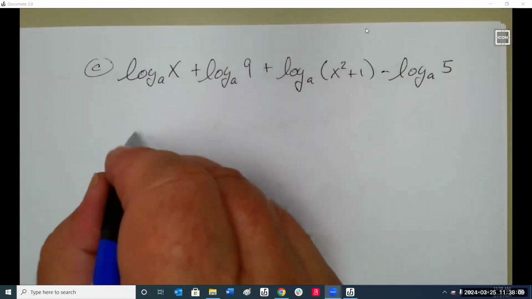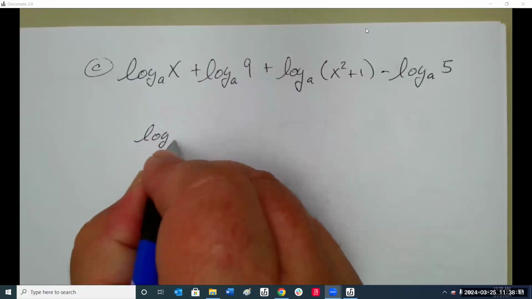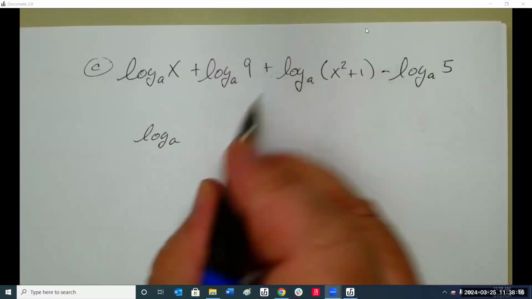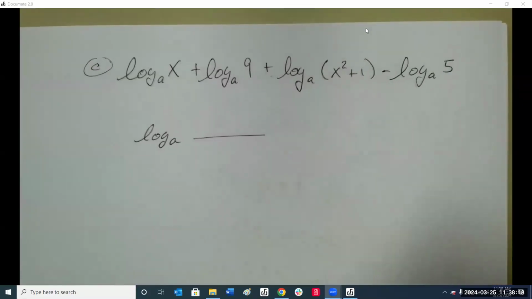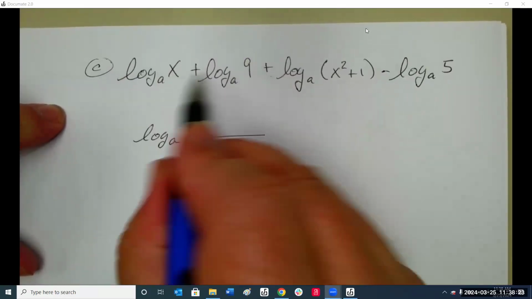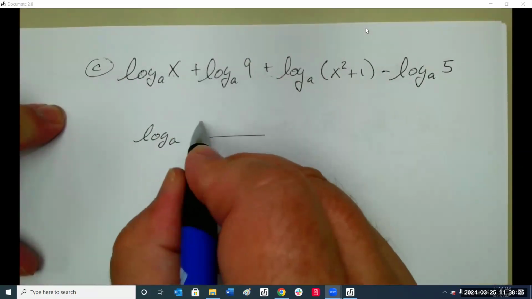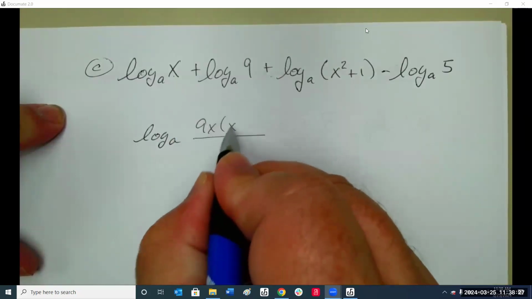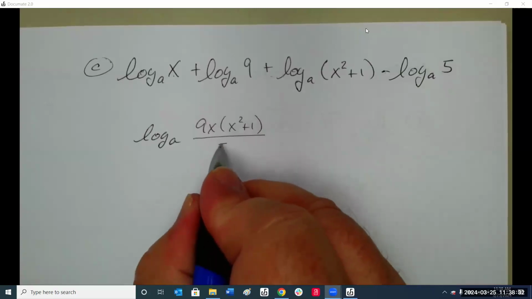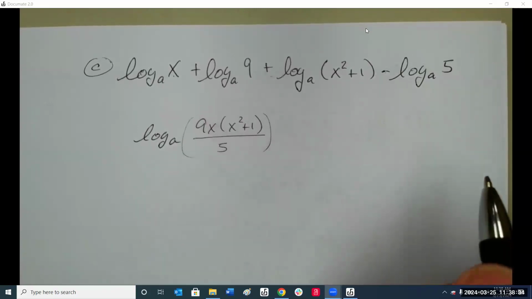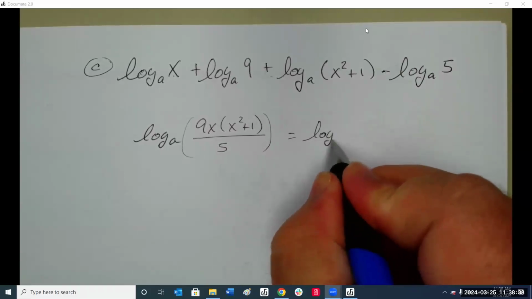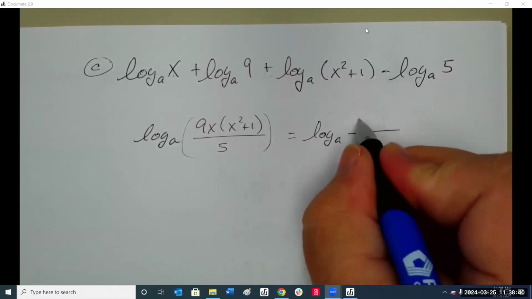Since they're all log base a, and some of them have pluses, one of them has a minus, so it's going to be a fraction. Everything that has a plus in front of it goes on top. So we have x, 9, and that. So it's 9x, x squared plus 1. Whatever has a minus in front of it goes on the bottom. We can leave it like that, or the only thing further we can do,